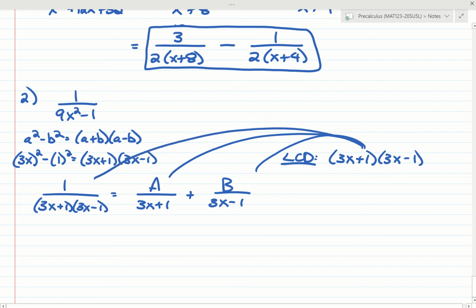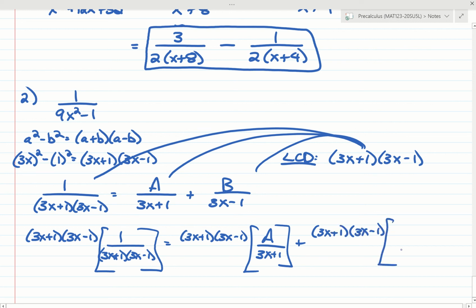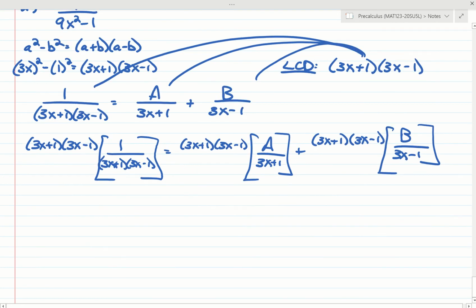All the fractions are going to cancel out doing it this way. Okay, so this is the fun part. You cancel out all the fractions. Get 1 is equal to